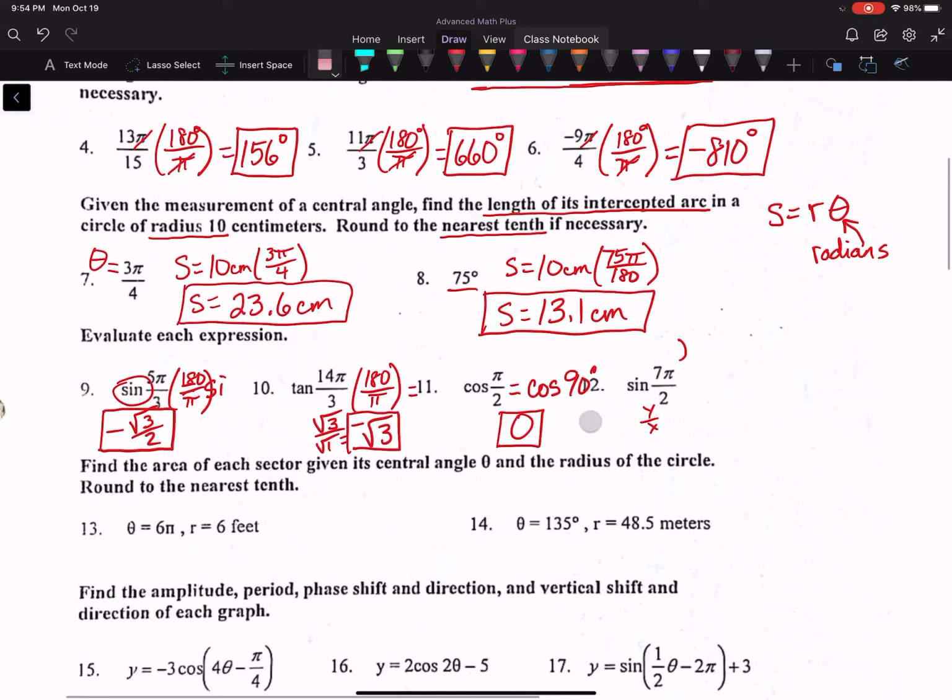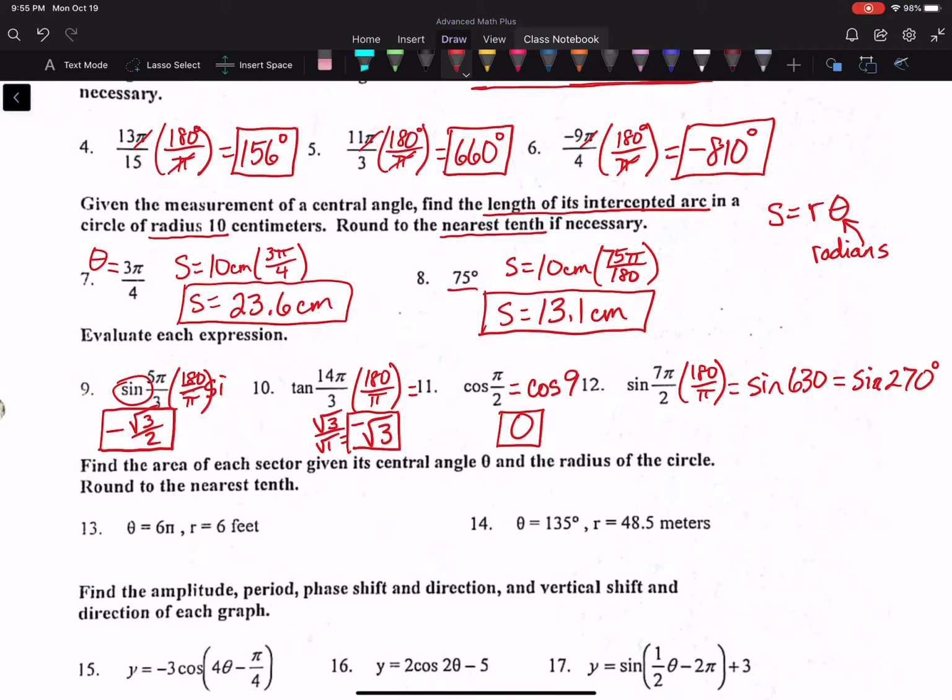Alright, and then last but not least, number 12, multiply by 180 over pi. That will be sine, let's see here, what do we get? 630. And that's a little too big again. If we subtract 360 just one time, we will get sine of